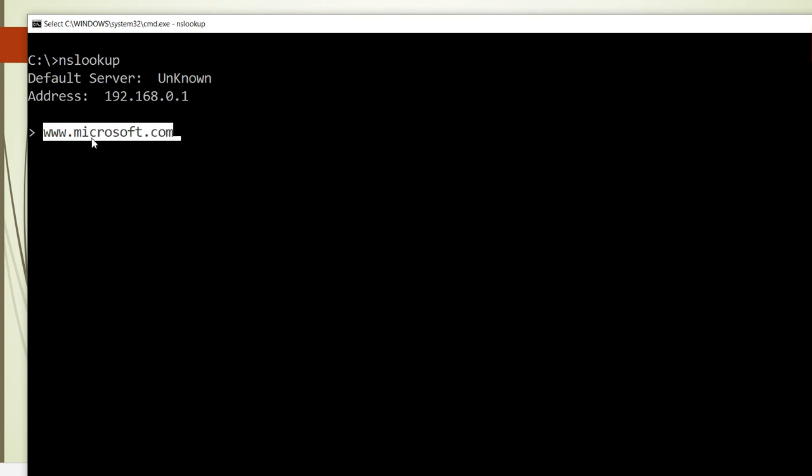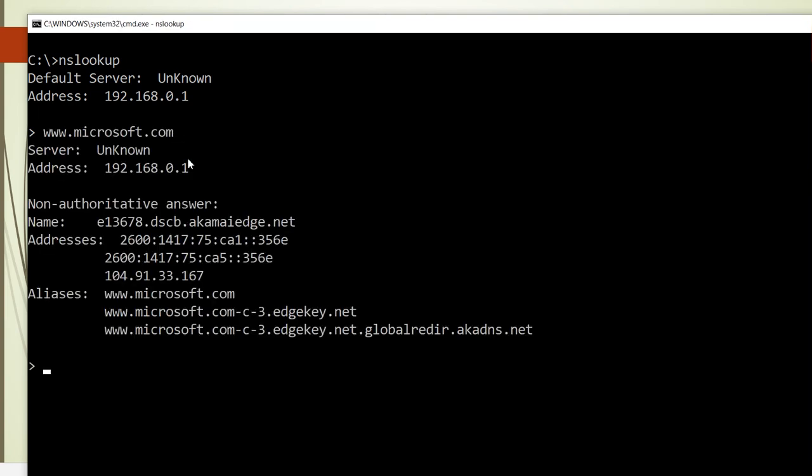My query will go to my local DNS server. Then this DNS server will say, okay, I'm not an authoritative server, so it will do all the recursive queries, which we can't see. It happens in the background, and then it will try to find the IP of this name. So when I press enter, I get the record here.